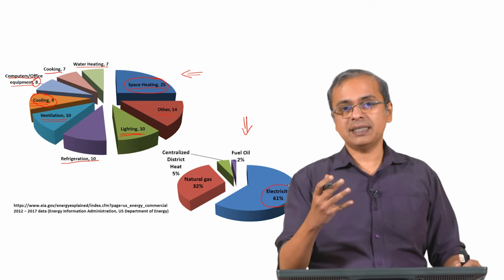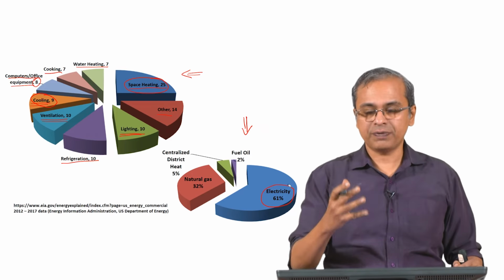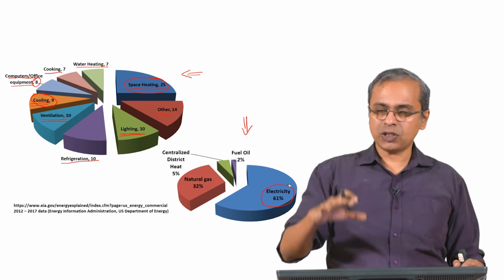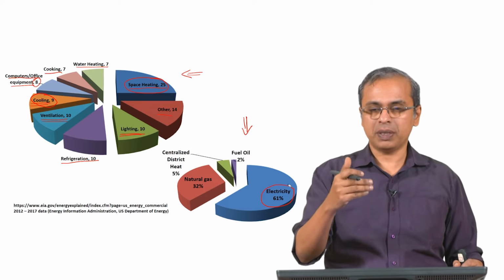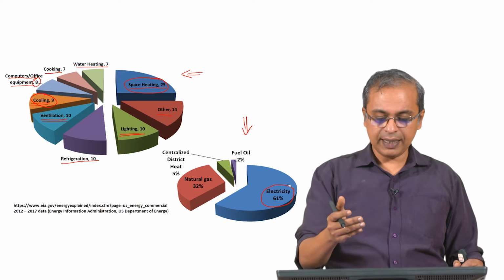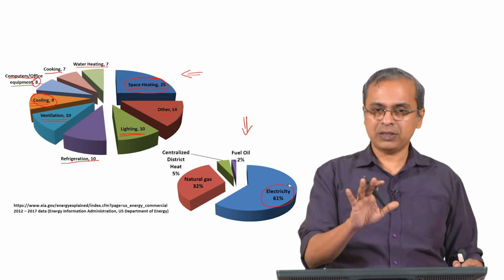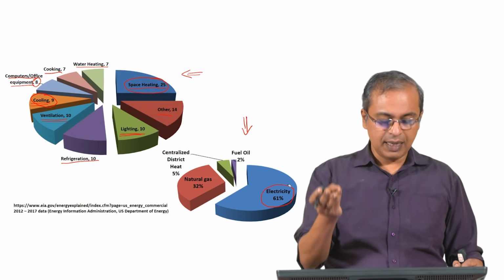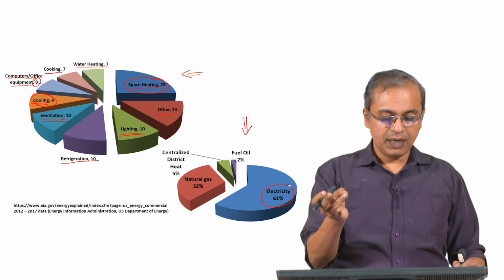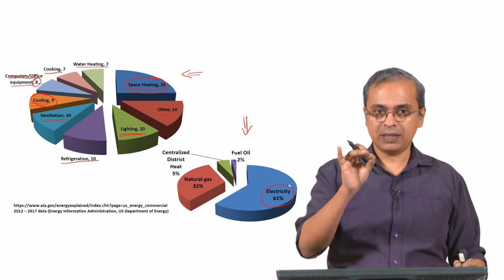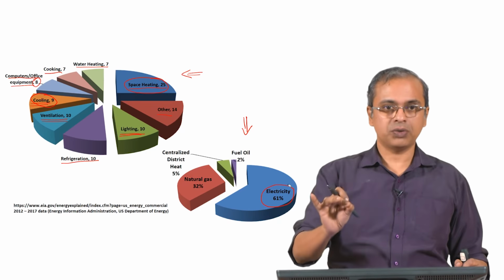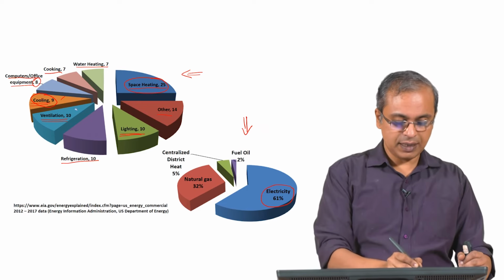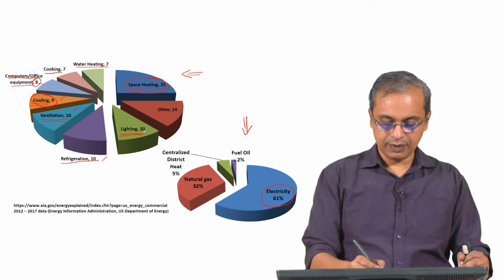So, unlike the industrial sector where the heating of the components is important for heat treatment and so on, this is actual usage directly in the form of electricity. Computers use electricity. Space heating may use some natural gas, but most other things, lighting, refrigeration, ventilation systems with exhaust fans or different kinds of blowers, and air conditioners, all use electricity, as we just saw.